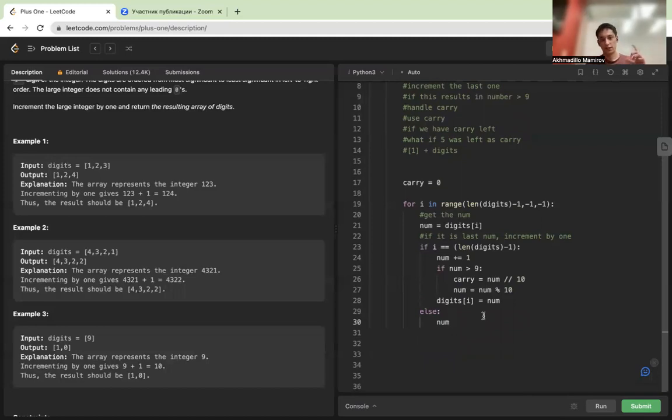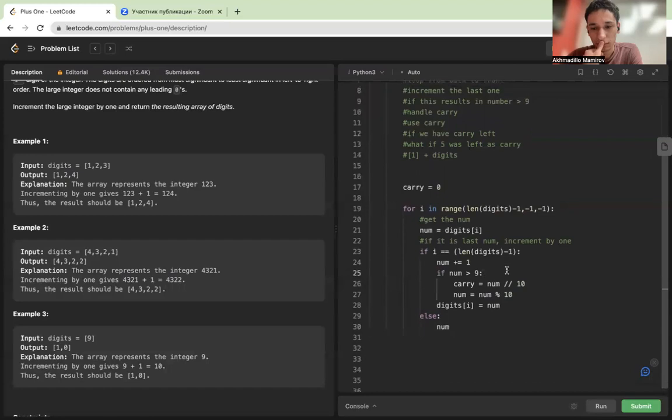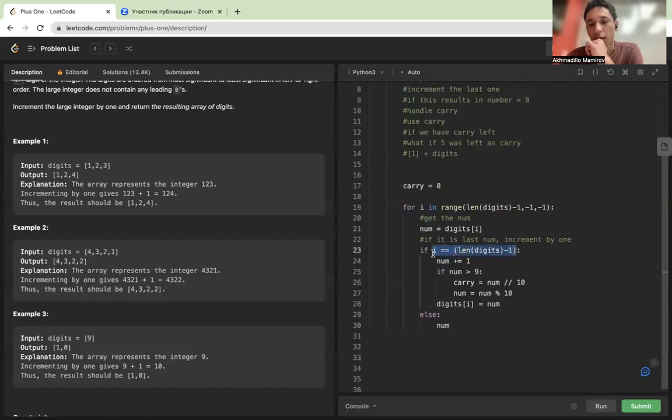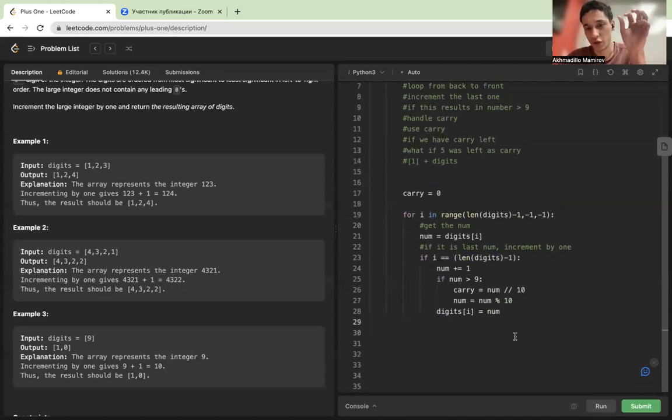I feel like we cannot just add the carry like that. So what if we incorporate that into our calculation? I only want to increment it by 1. So I'm going to merge them, and I say number is equal to digits at i,